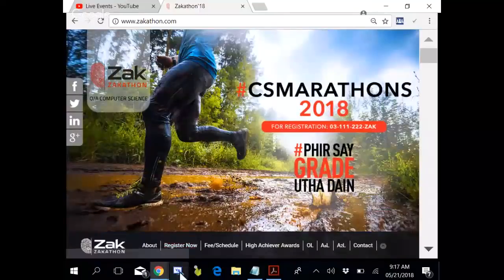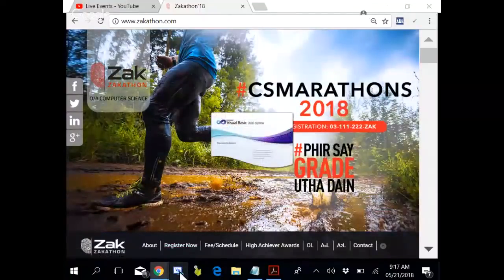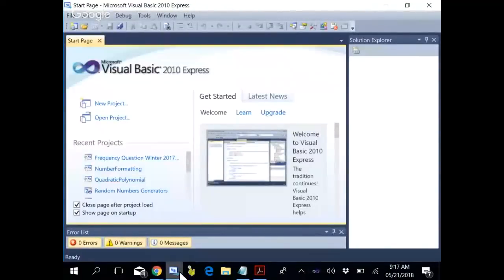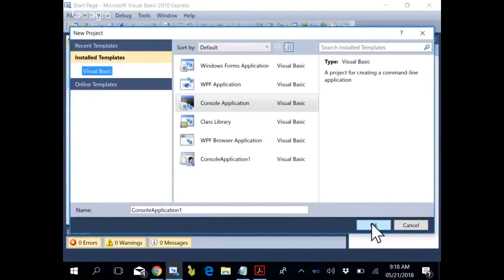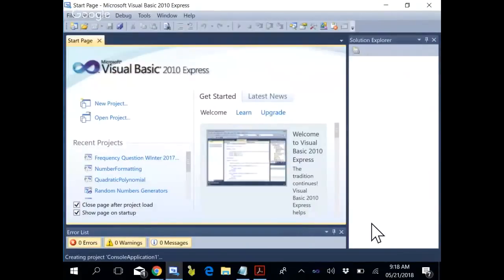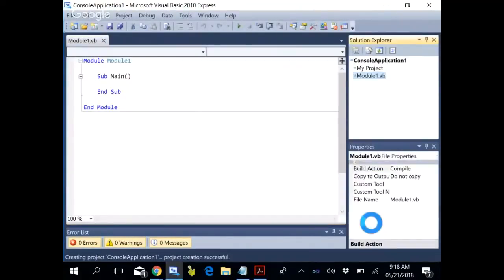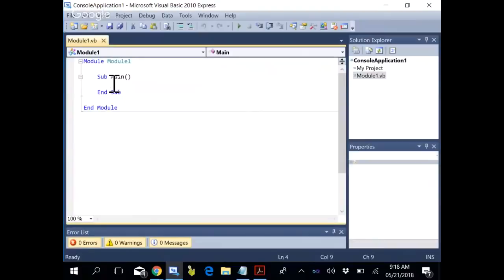So let's say I've got this new project. Alright, let's say I have a variable a which I have declared as single, means it is floating point. The value of a is, let's say, 0.3,